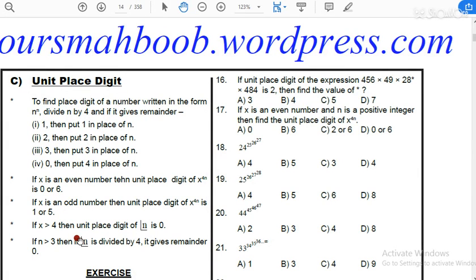In this session, I have improved my quality and added some new features also. So I hope you will like this video. And in this video, I am going to check my speed on unit place digit. After many days, I have started preparation again for the entrance exams, and this is just an introduction. So I will try some new features also.